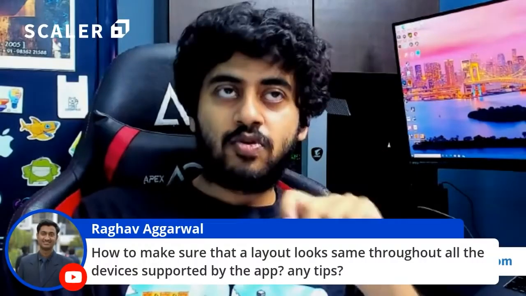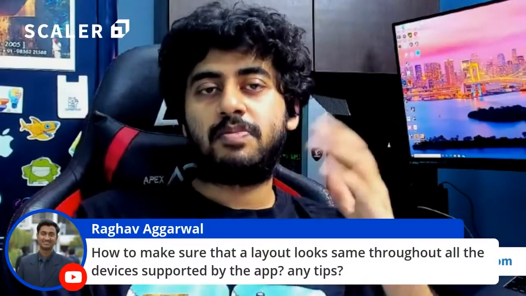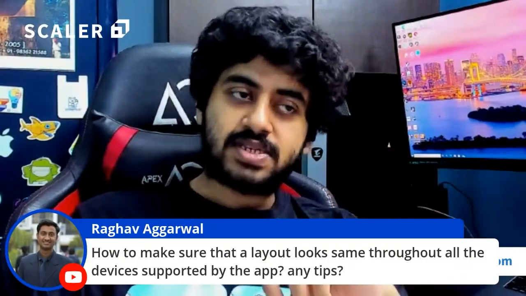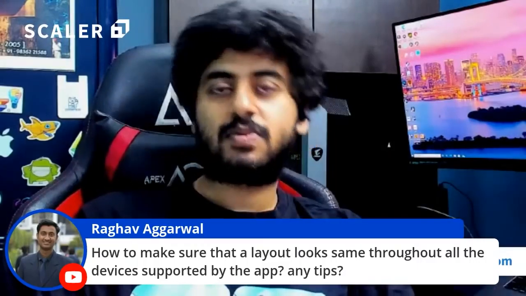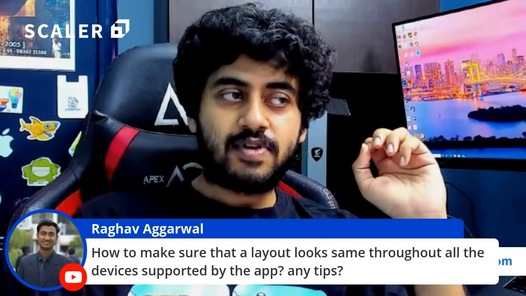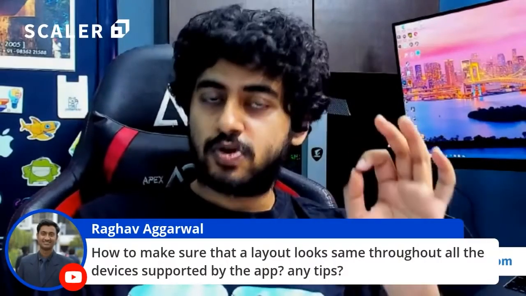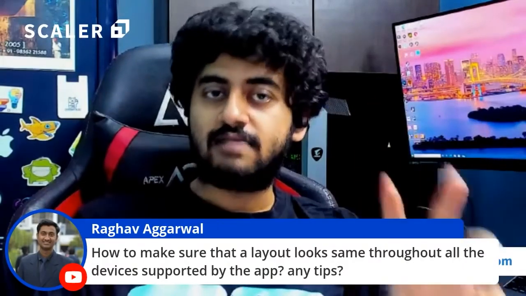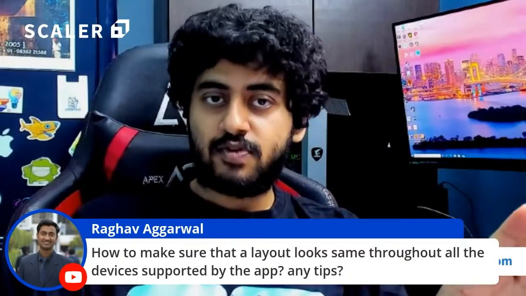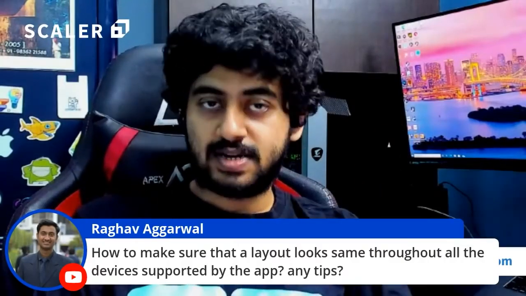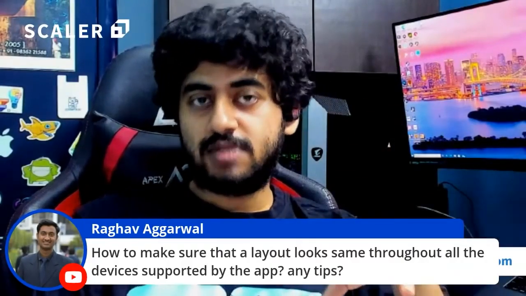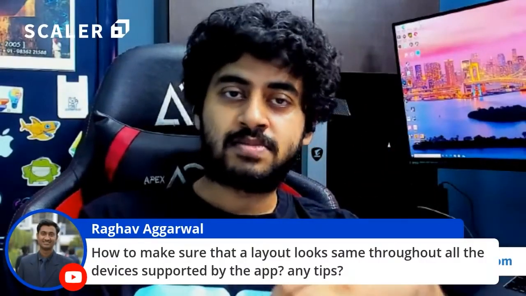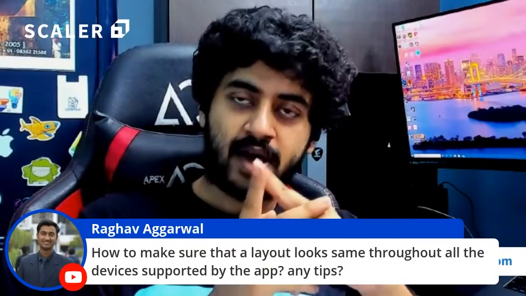Also, one more thing that people have understood is that people don't rotate their phones a lot unless they're watching media. Only when people play games and when people watch media do they use landscape. Otherwise, they're always using portrait mode. So a lot of very popular apps by Google, Facebook, Twitter, LinkedIn, many of these apps lock the orientation of the activity to portrait mode, which is perfectly fine for you to do. You won't want to bother about landscape. But for tablets, obviously, you will have to bother, because for tablets both orientations happen. But for mobile, locking to portrait mode is a valid thing that a lot of apps use these days.